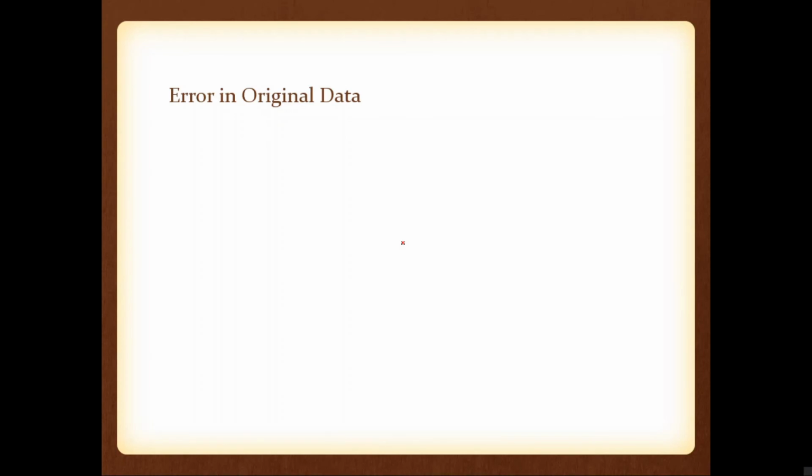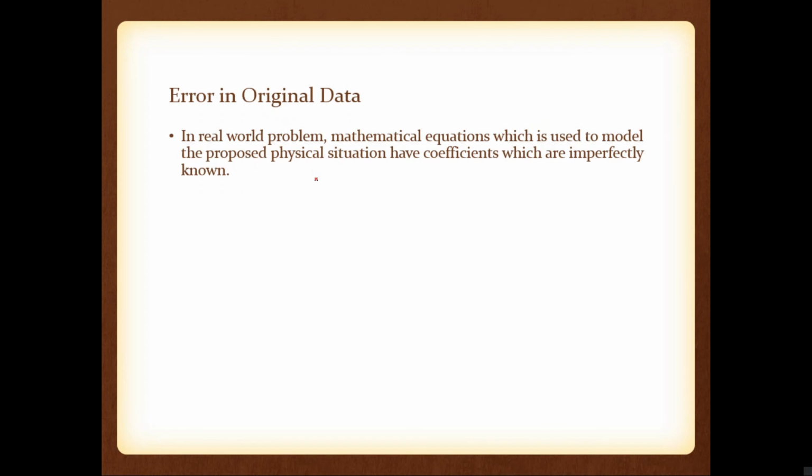So here what is happening? The error is due to the original data. It is not due to us, and it is not due to the algorithm created by us. It is because the data is carrying some wrong information. That is also possible in numerical methods, so you can expect that. It is known as error in original data. So while training or analyzing data, you must be very careful. You have to enter correct data into the system, otherwise it will introduce error in original data.